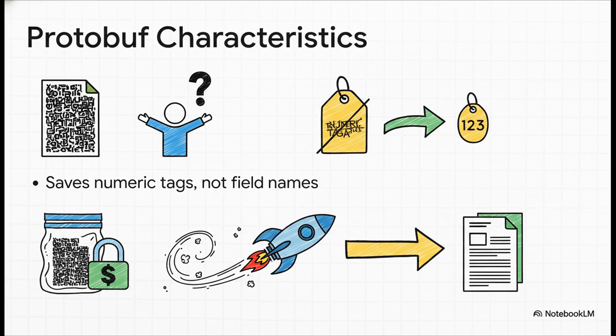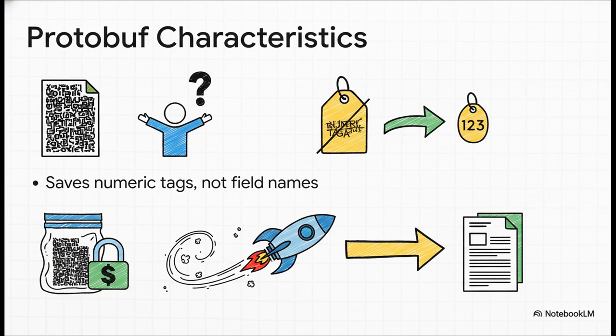And what that means is if you tried to open one of these files, it would just look like a total mess of gibberish. You wouldn't be able to read a thing, and that's on purpose. It gets rid of human-readable field names like username and replaces them with simple numbers. The result? Incredibly tiny file sizes and processing speeds that are just blazing fast. The catch? You absolutely need the original instruction manual, a special file called a schema, to make any sense of